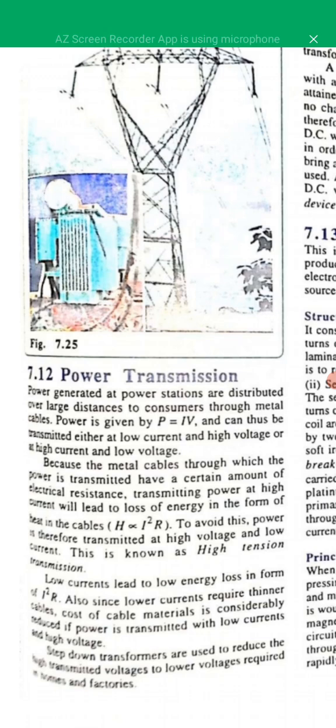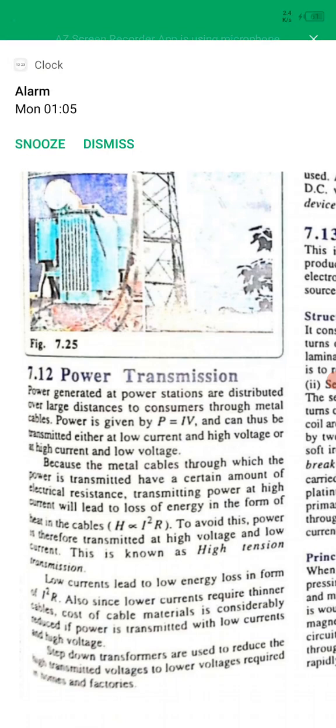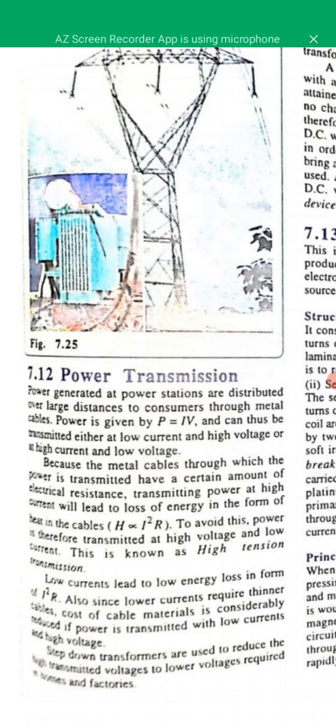As most times when you see calculations under resistance, voltage, and current, you see where they say calculate the power loss in the wire. That means what you have there is high current. High current has been transmitted. Okay. Now, to avoid this, power is therefore transmitted at high voltage and low current. So that's the best form to transmit power, at high